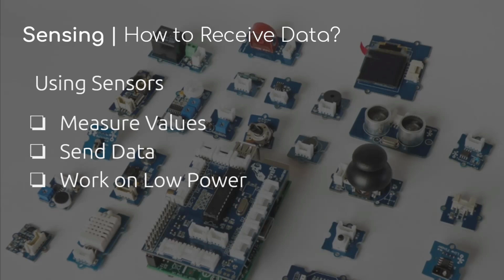Okay, so they should work on very low power, in the sense like if you take your Bluetooth devices, they will work in very low power mode. Even if you charge it once, it has to last for at least 10 days, something like that. So similarly, these IoT devices and sensors have to work on very low power.